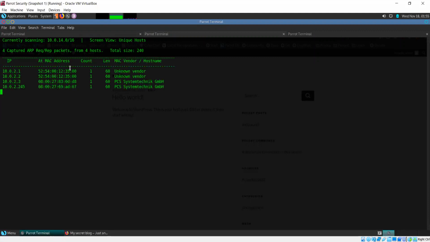It has given us four devices: 10.0.2.1, 2, 3, and 245. It's still searching because /16 is a much larger address space than /24, but the results that we need are already here.